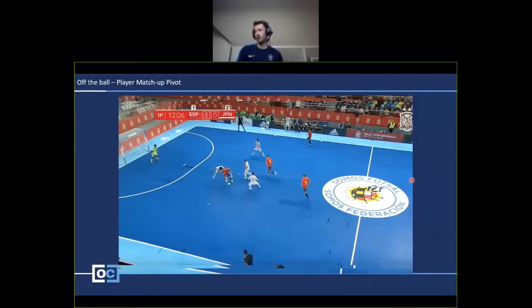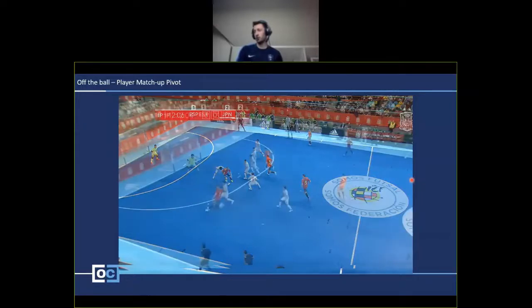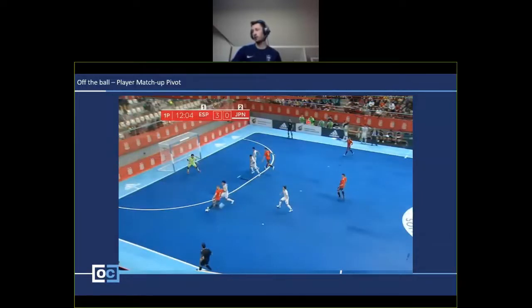And this role here that Solano's done, we'll talk about that because he's actually not facing the attacking goal, and he's managed to gain space here, about a meter to shoot at the Japanese goal. That's pretty impressive technically as well. So Spain knowing that, firstly, he's got the matchup, and then secondly, technically, he can do that. It's a massive weapon for them.